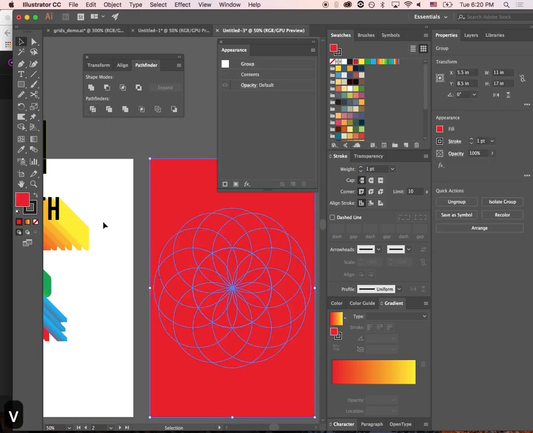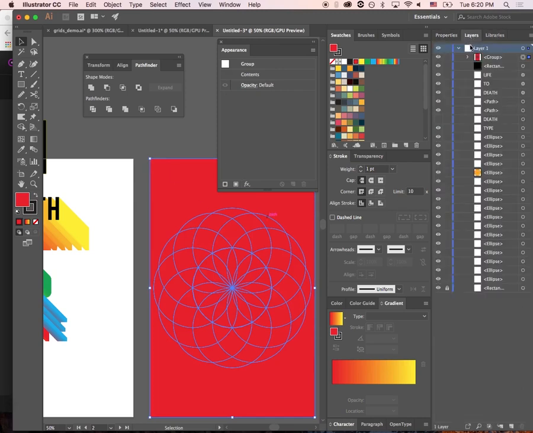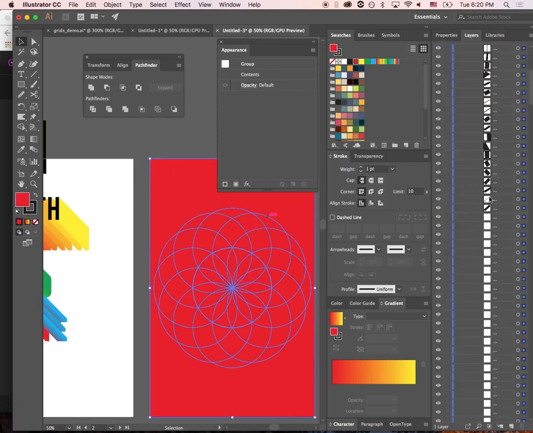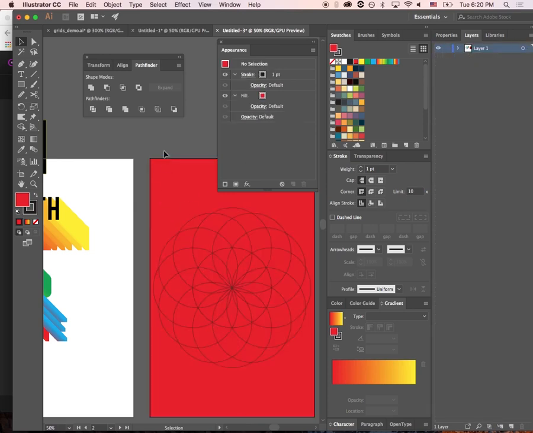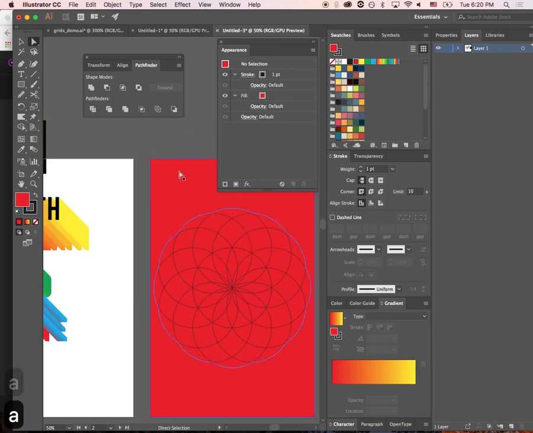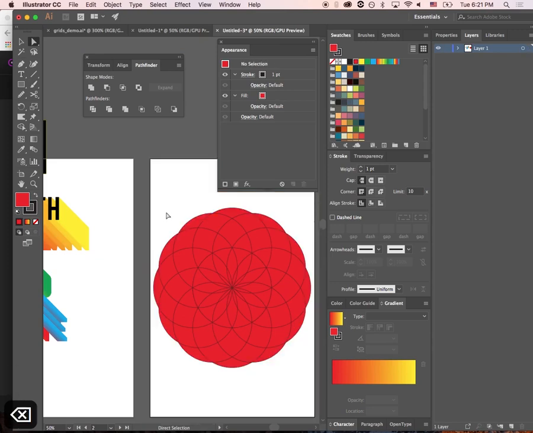So if I click on it, it's like it's all grouped up right now. It's in this giant group, but if you look at the layers, there's just like unlimited layers, right? So I'm going to get rid of this. Direct select is a way you can actually select individual shapes in a group without going into the isolation mode, right? So I'm going to get rid of that guy,